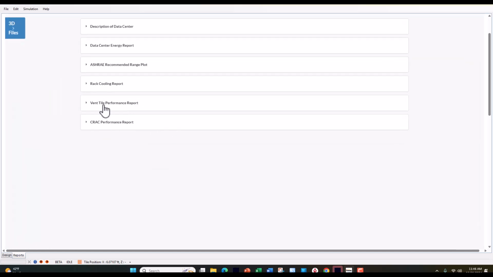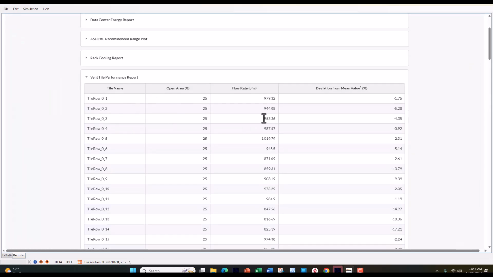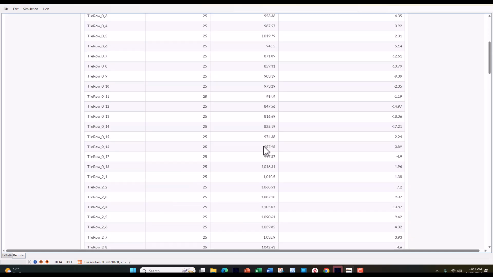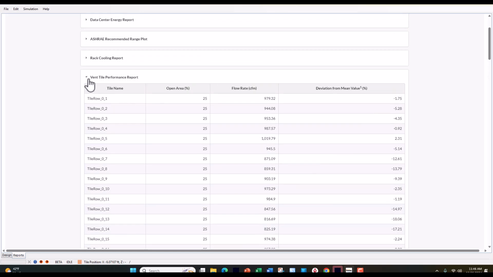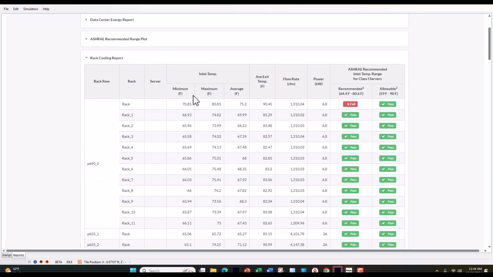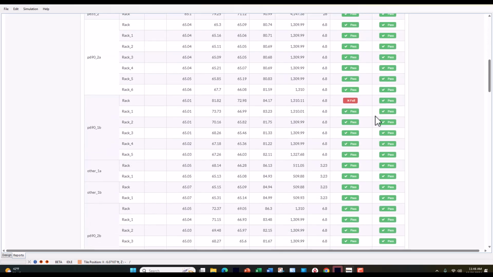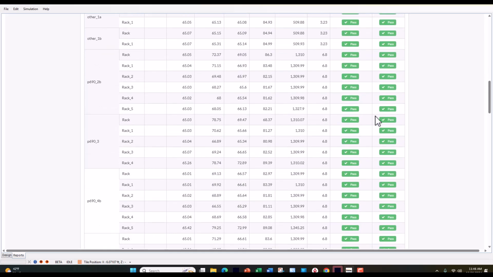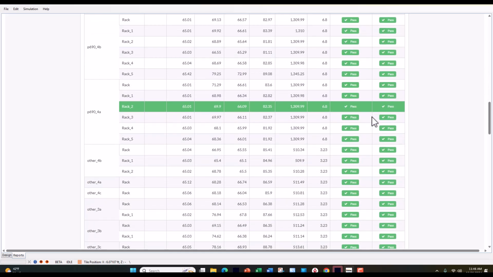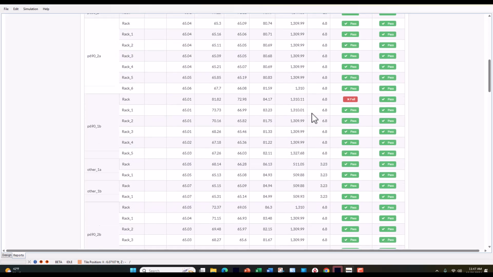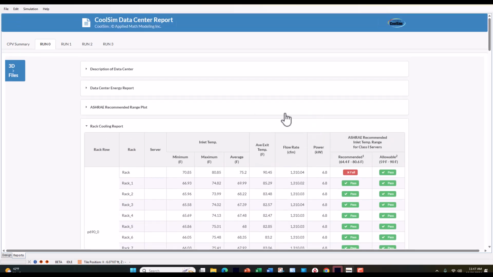And we have both numerical data for every object. We calculate the flow rates. These are the vent tiles, as I was showing you before, in visual. And the rack cooling report shows you the max and min, average, and whether or not it passed or failed, the recommended and allowable output. This information is also printed for you and provided as a PDF attachment to an email you'll get at the end of the simulation. We expand the entire numerical set, and we give you the one plot of the ASHRAE